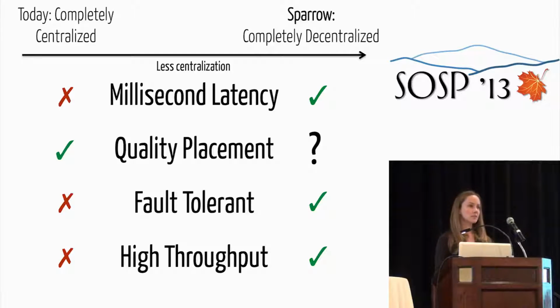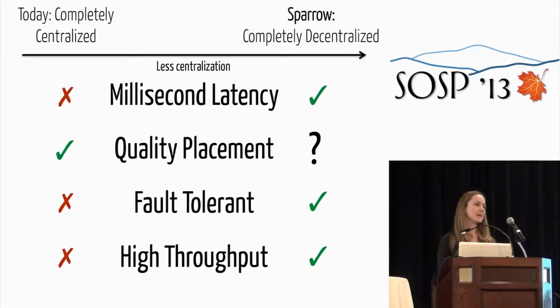To meet the demands of low latency workloads, Sparrow takes the opposite extreme in the design space and schedules from a set of schedulers that are completely decentralized. This gives us a lot of advantages over a centralized technique. Sparrow can provide higher throughput by adding additional schedulers. It can handle scheduler faults because there are many schedulers running in parallel, and it doesn't have this issue where it needs to do batching that harms latency.